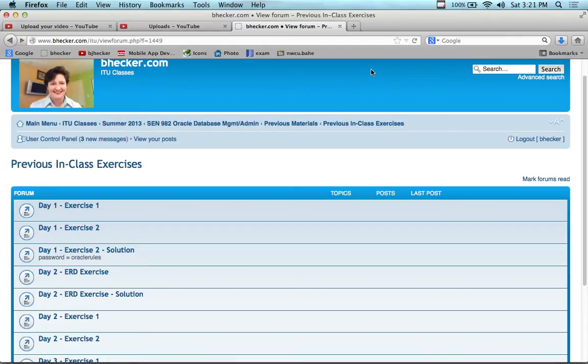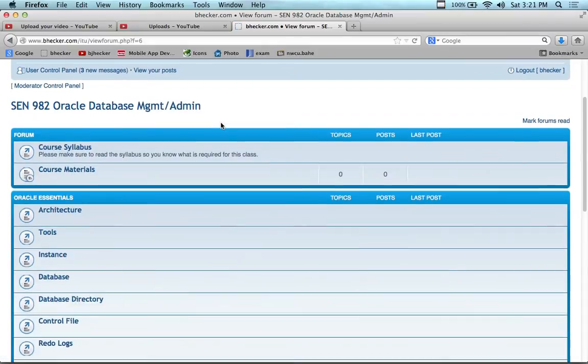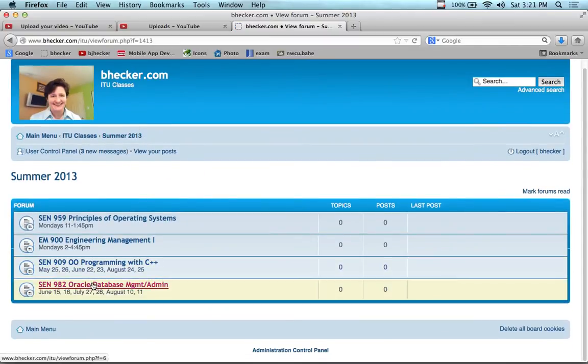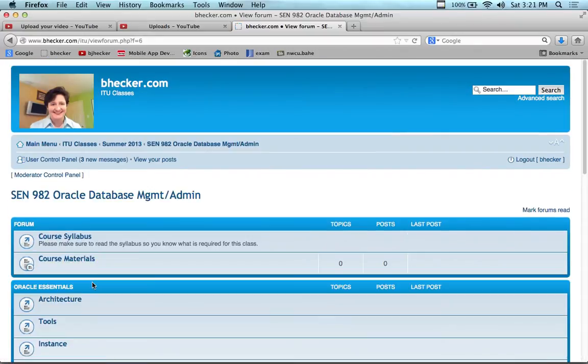So I'm going to flip it up a little bit. We'll do a hands-on exercise. Then we'll go through how to translate, and then we'll translate with the same exercise. So in order to find this exercise, go into the Oracle database part of the Summer 2013 Oracle Database Management Administration. And then in the